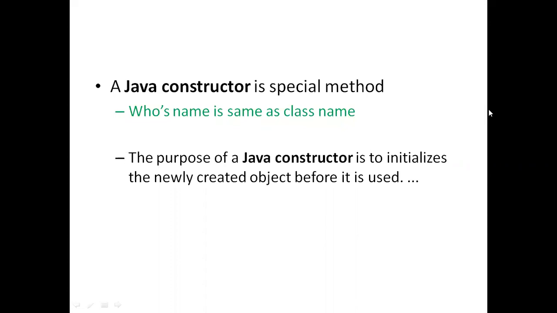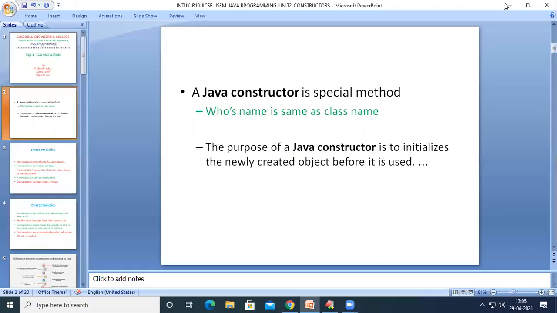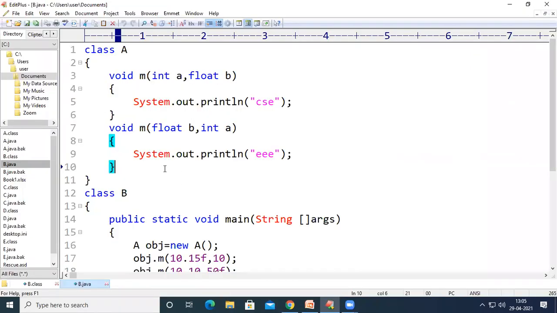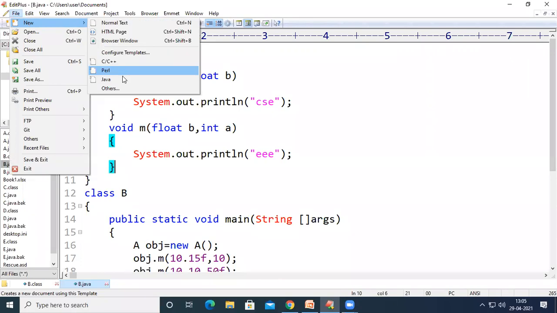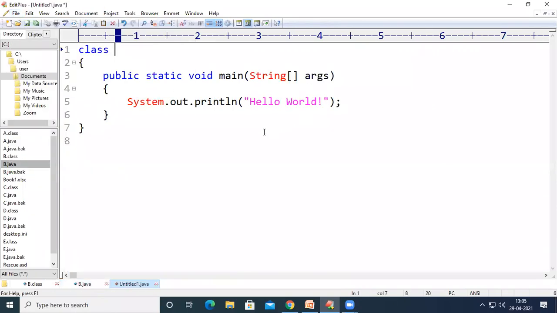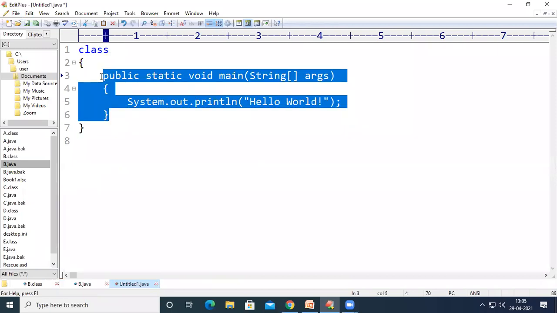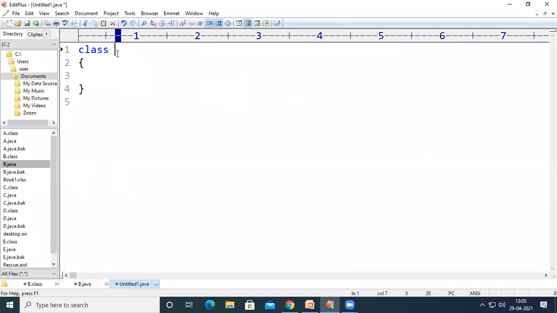So let us see parallelly how we can do this. This is the program where we stopped in the last class. I'm going to take a new Java program, and let us assume the name of this class is P, and inside the class, if I want to define a method, I will define a method similar to this one, right?